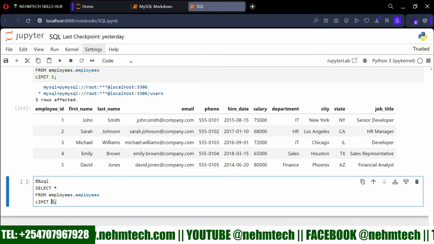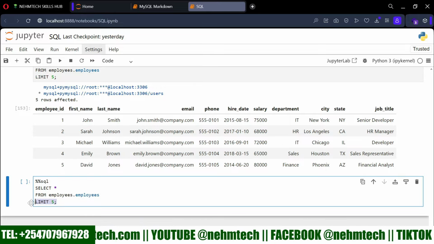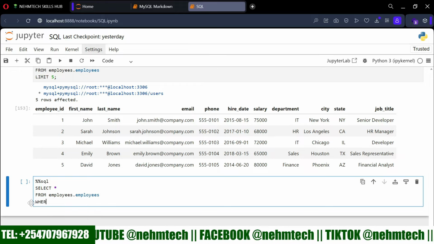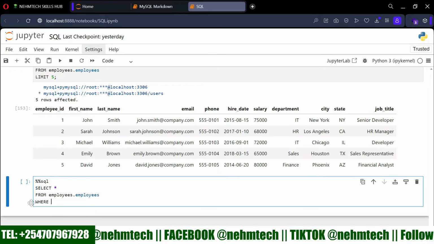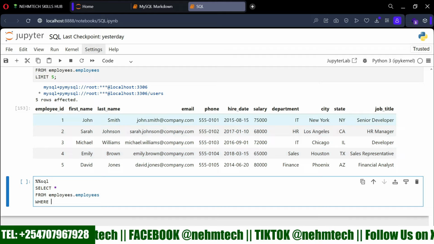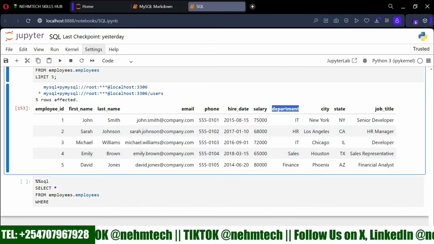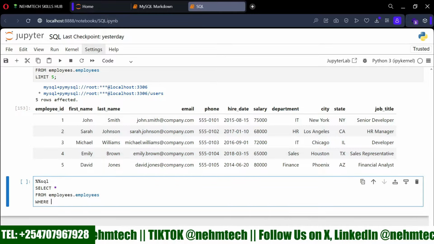But then sometimes you might want to only see the employees that belong to a particular department. So in that case, you'll be using a command called where. You'll be using a where filter. So say, for example, where, and then let's try to use an example like department. So where, for example, the department,